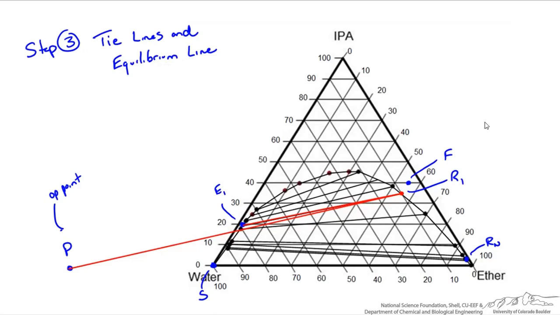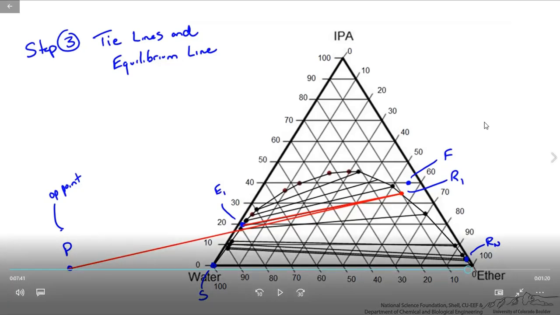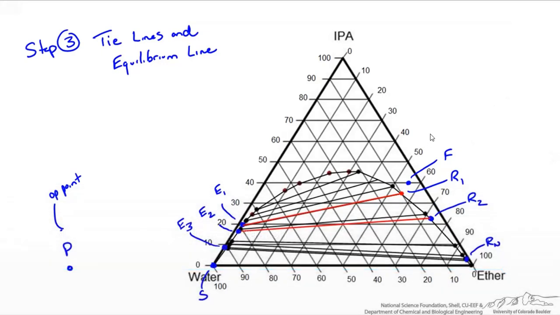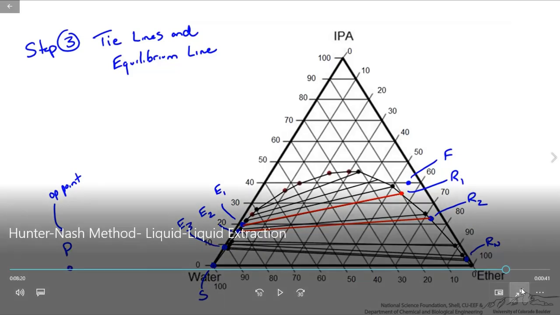You will draw a line connecting R1 and P, and that will pass through the E point, and here the R1 and P line is passing through E2 in this system. And when you were drawing in your system, there you connected P and R1, and then P was located on the Refinate side. So in order to go to the extract side, to locate the point on the extract side, you have to extrapolate the line, you have to pass the line through the whole system, and then you are going to the opposite side, that was the extract side. So this is how it works.